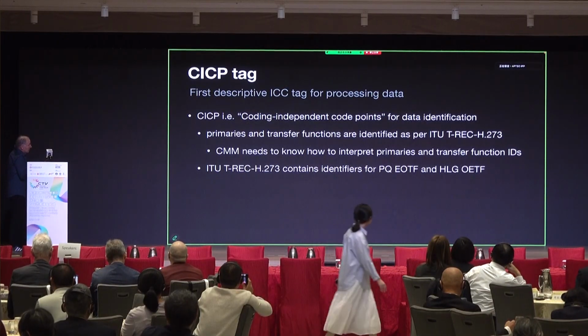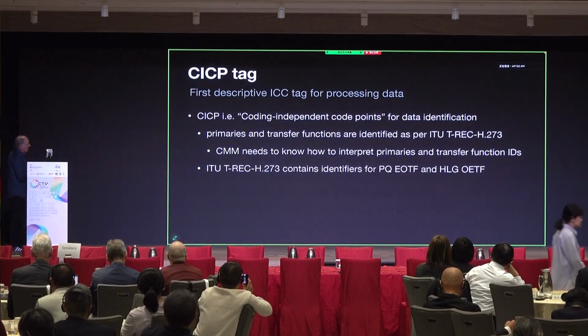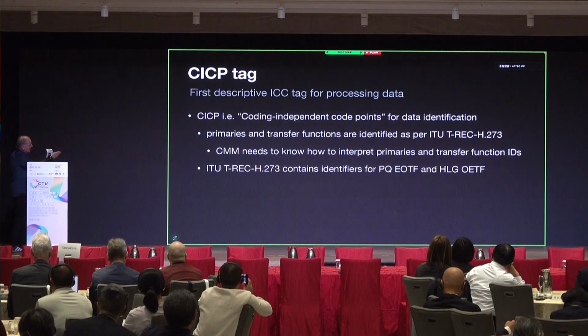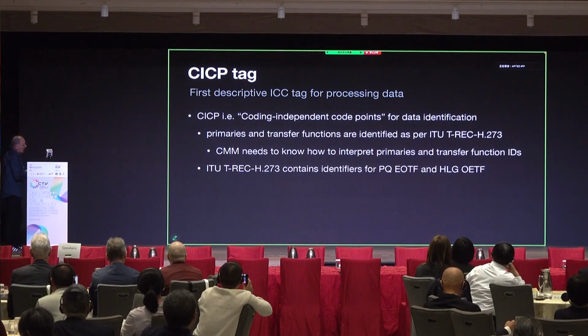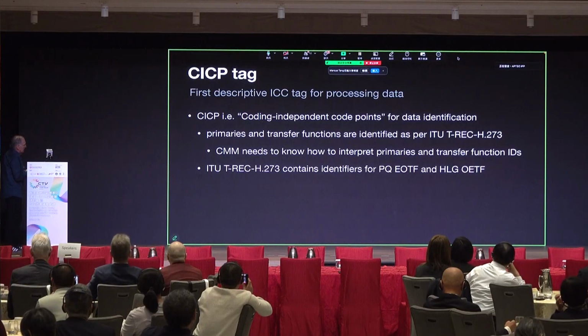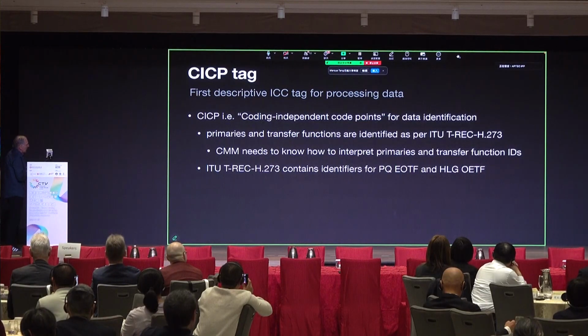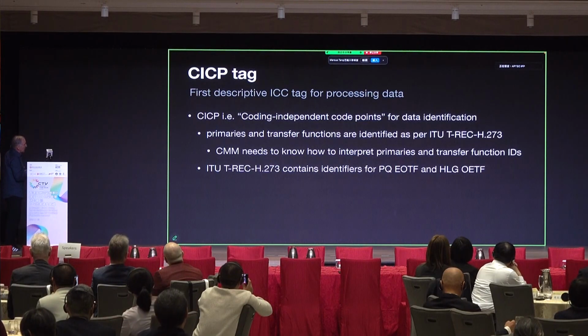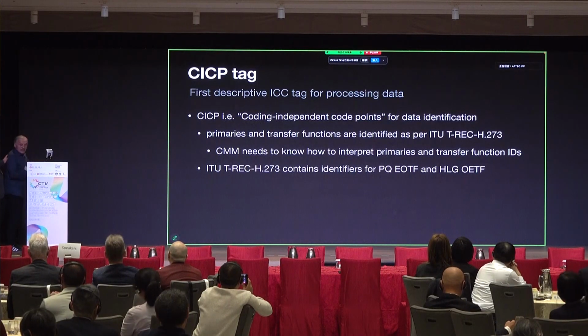This makes a difference for CMMs because now the CMM needs to know how to interpret the primaries of those IDs specified by CICP. And what is important to know is that H.273 contains also identifiers for PQ EOTF and HLG OETF. So now the profile can say, I am just